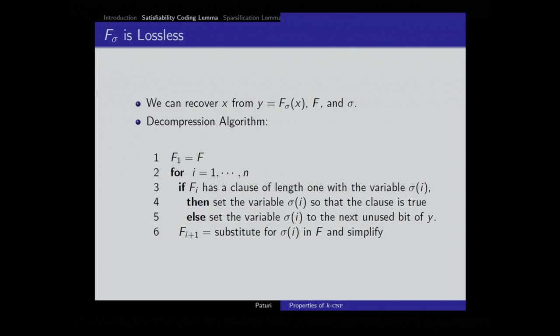So the idea is that the permutation is telling me, so I'm going to give you an explanation in a second to see why and how often this is going to work. So either the bit is implied, in which case I can deduce it from the formula, or if the bit is not implied, I will take it from the compressed string. Okay, and so then I recover x. It's basically the reverse process, and it's a one-to-one mapping.